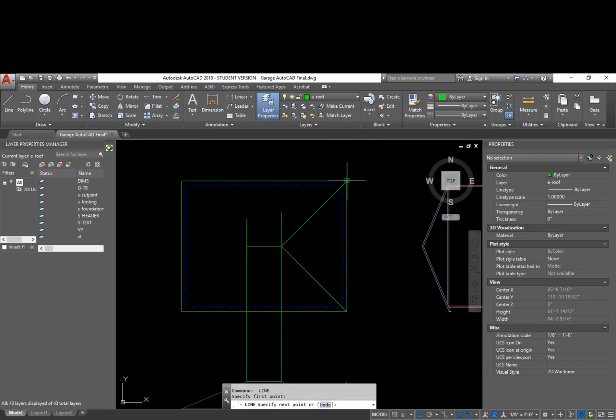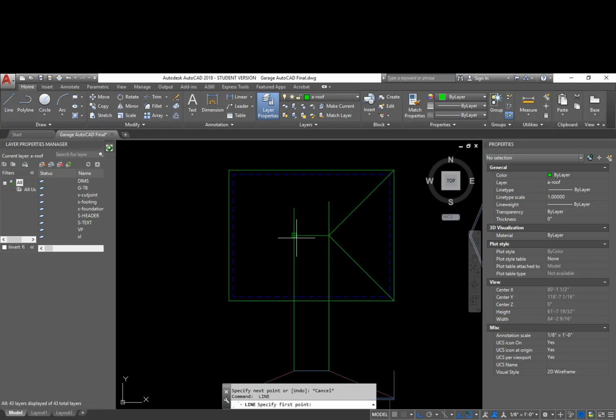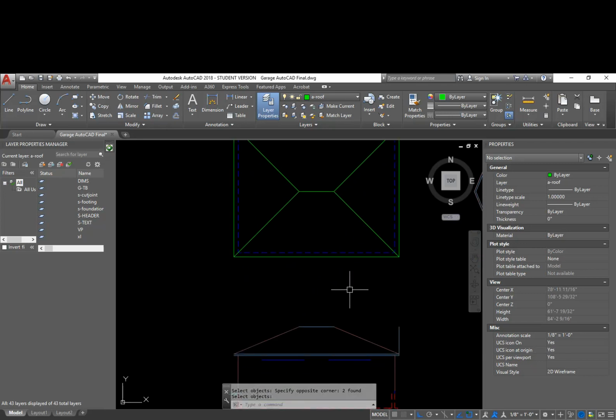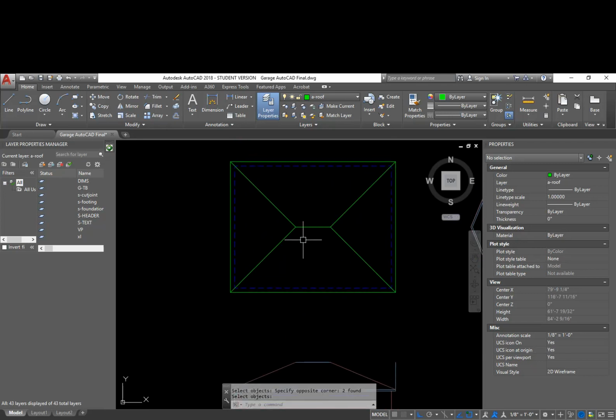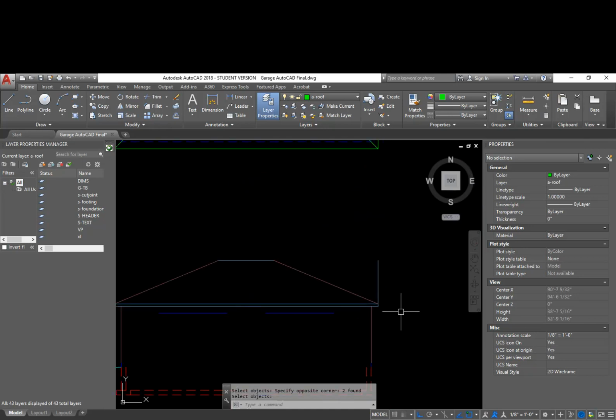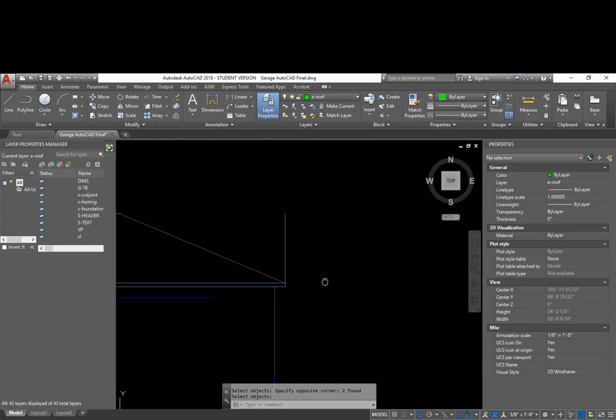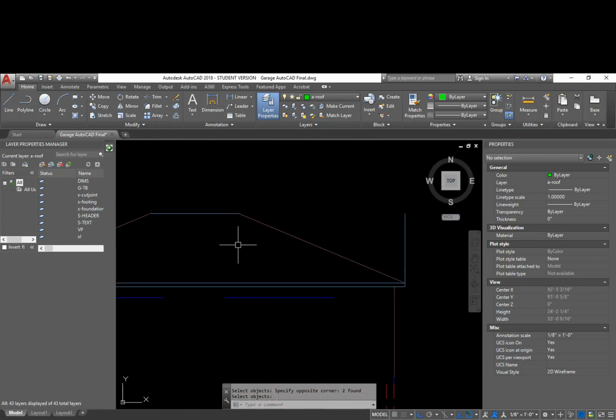I would have it go out to that edge. And then here, I would do that. Get rid of these, and that would be my roof plan if I was doing a hip roof with a 5/12 roof pitch. Just to show you one more example, if I decided that I wanted to have this part